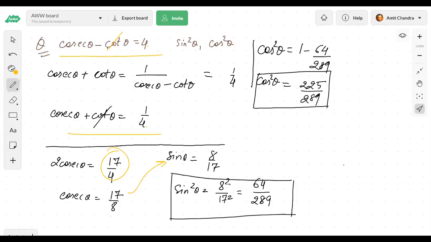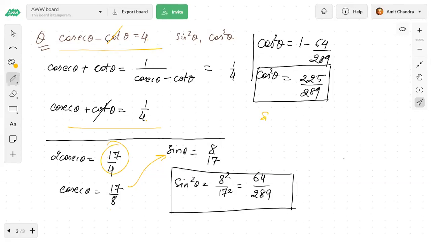No child, it is not necessary. You can write the answer. So suppose sine theta you are getting as 2 by 4, right? So you can just simply write 2 by 4. You do not have to write it 1 by 2. So both are correct answers. You can also write 3 by 6. All the three are correct answers. They have not asked you to simplify the answer in the simplest form.